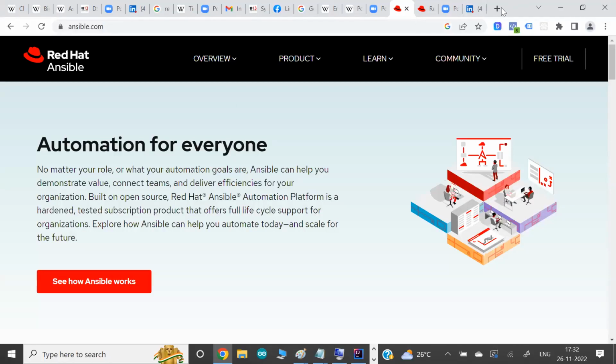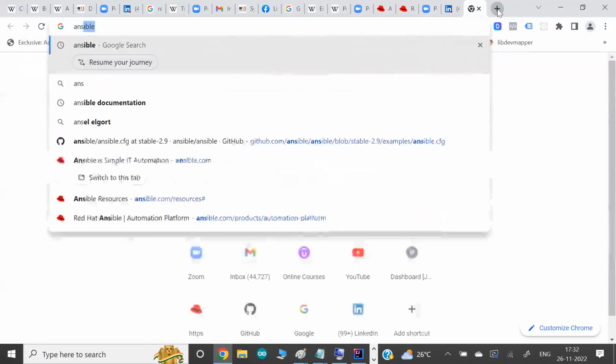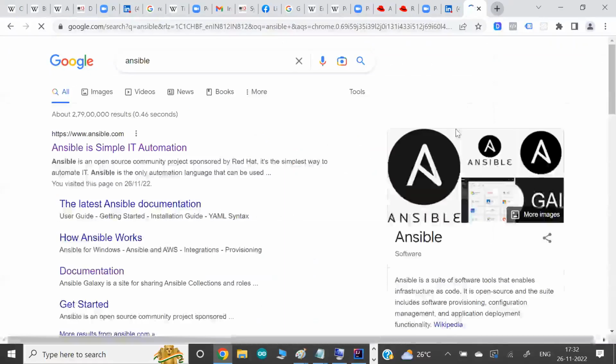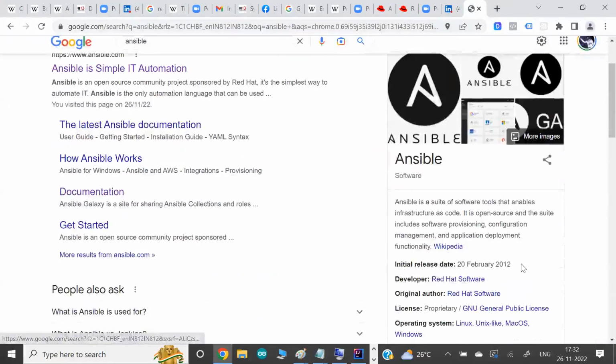If you just search about Ansible, it was recently launched, I think a little over 10 years ago, 2012 is the year that Ansible started. So Ansible is a new tool. So what is that unique or exclusive thing that Ansible provides that makes this tool such a buzzword in the market, and everybody started loving this tool?